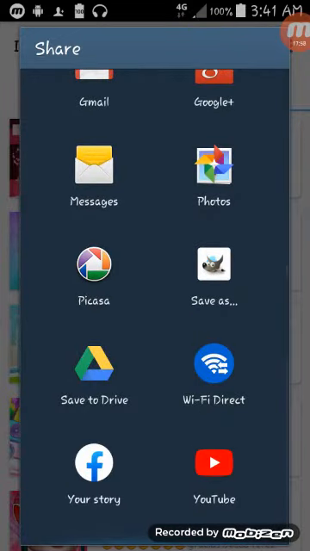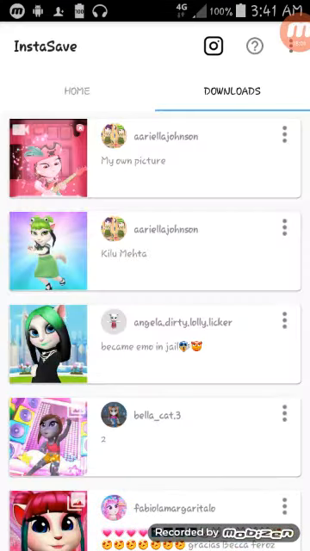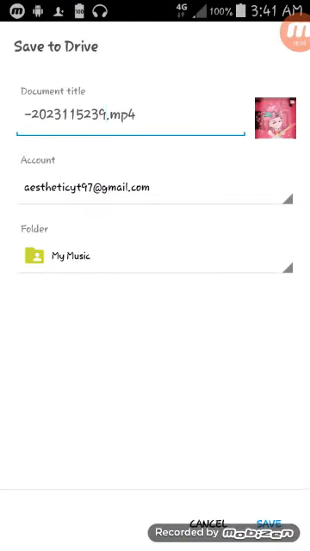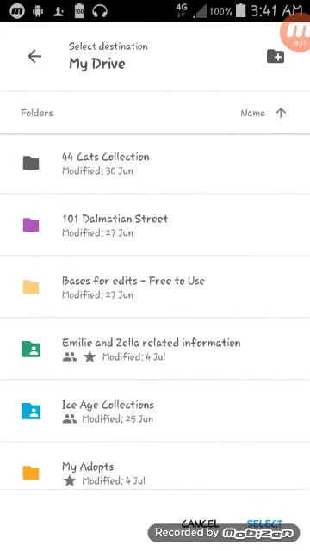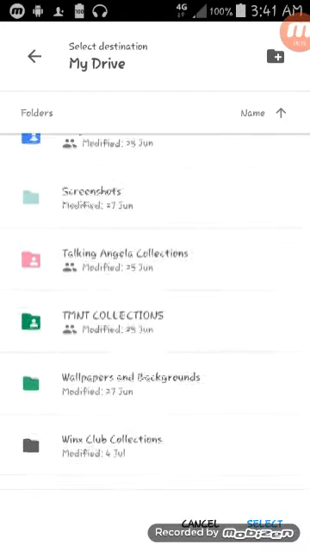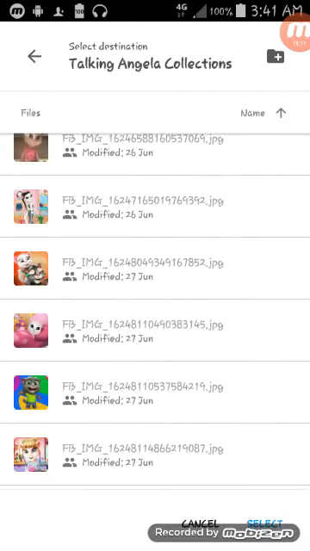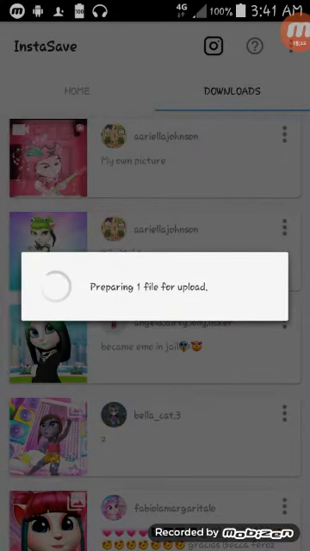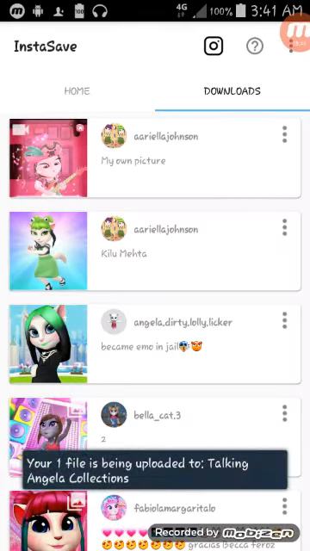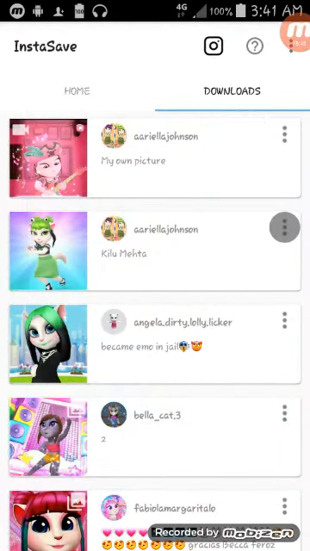So yeah, let's back it up on Drive. And here you can select the folder if you want, if you have folders on your Drive, that is. Then go back, and then save. Just that. You can do the same with all these images.